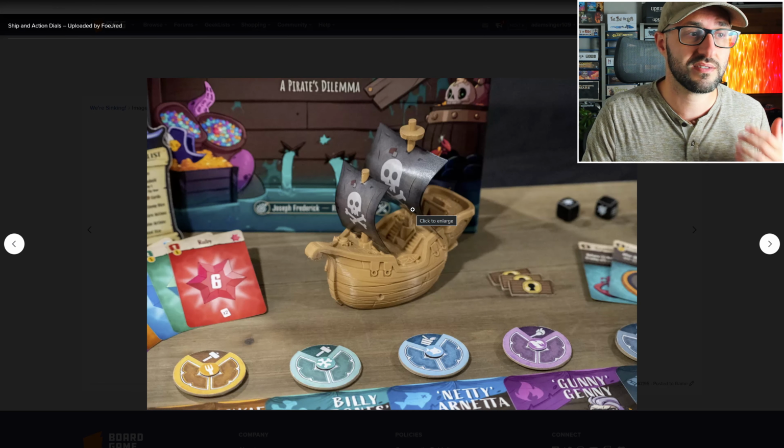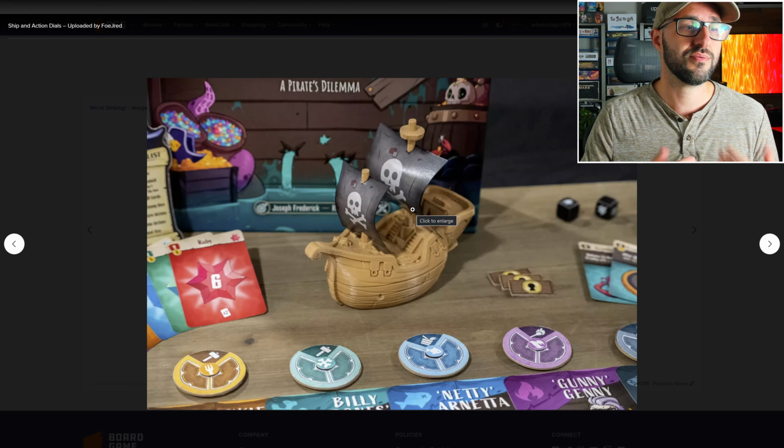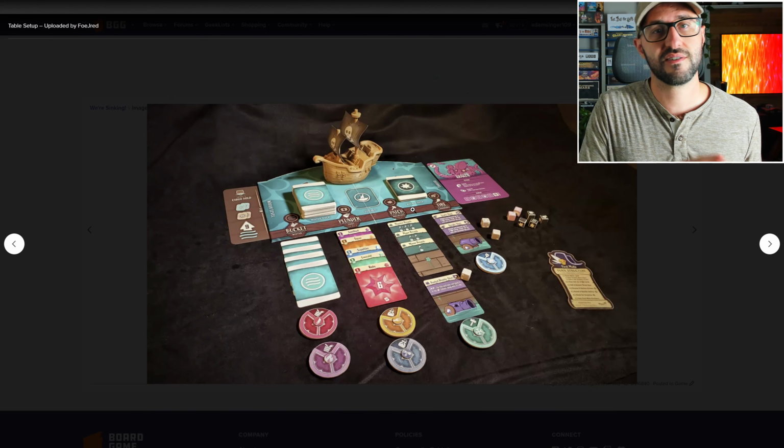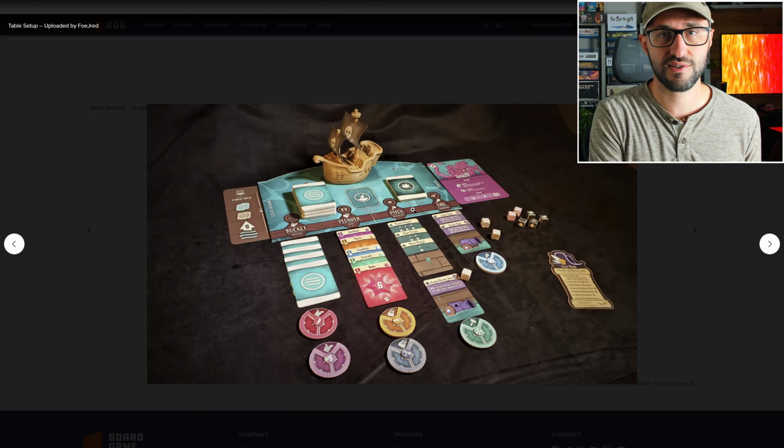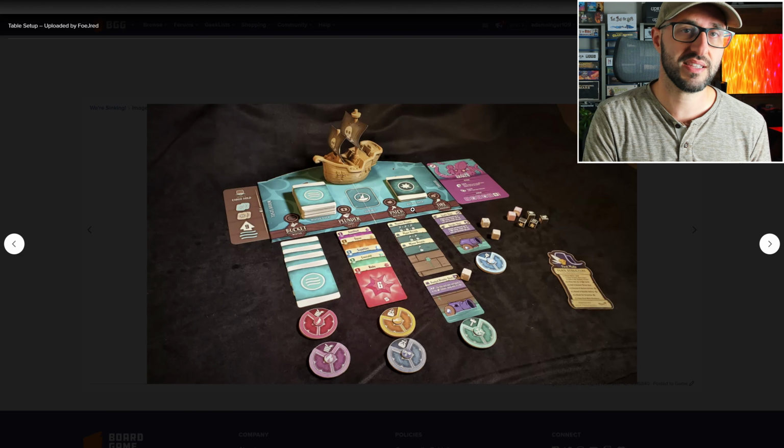So if the players do manage to take out the threat, you win if you have the largest score of treasure in your possession. But alternatively, if the ship does sink, then it's the player who has the least cards in their hand that's going to win, because they're the ones that are going to be light enough to escape